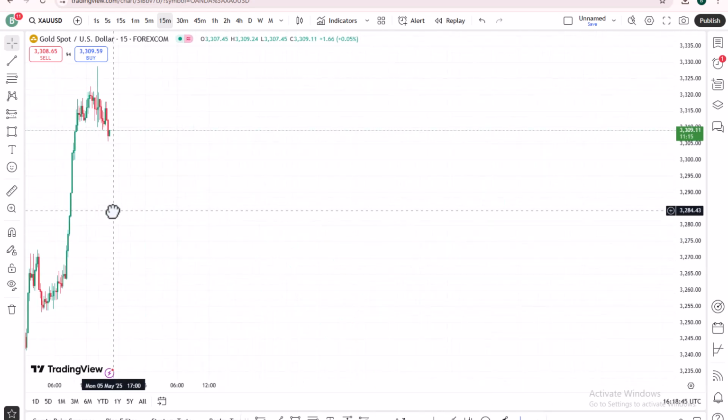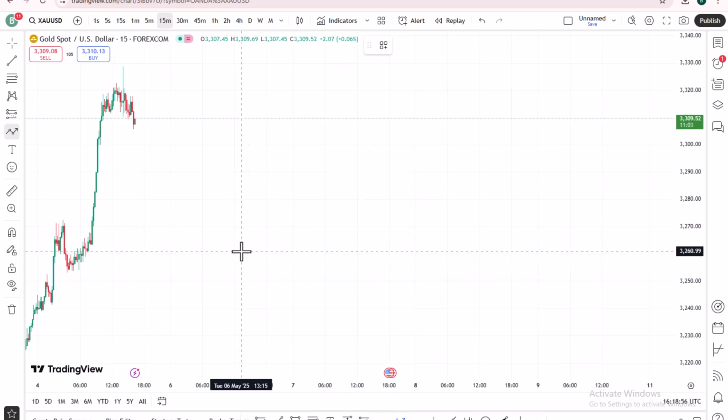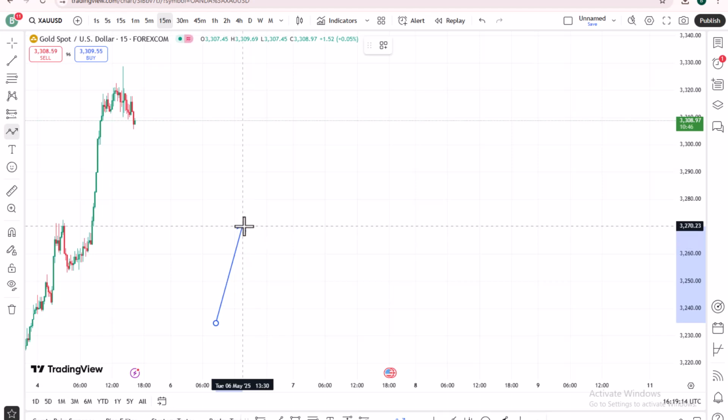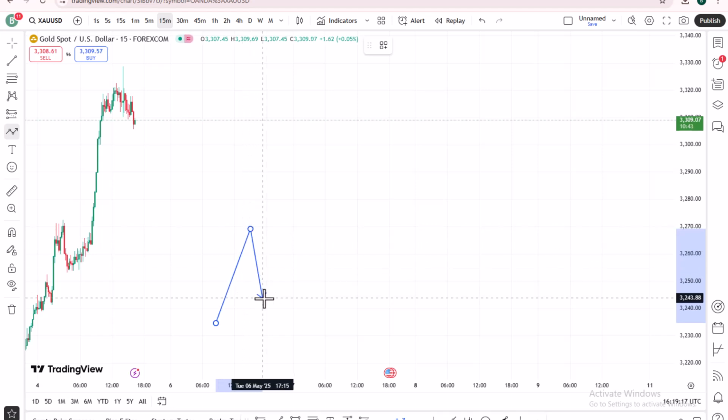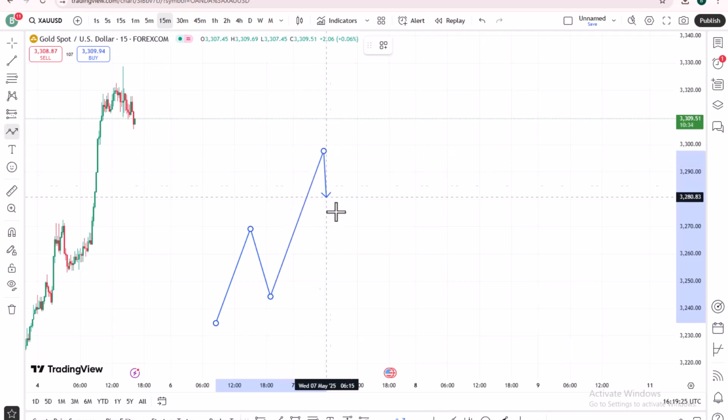So when I'm on the 15-minute time frame, let me illustrate it with this. When I discover my bias or I get what I want to trade for, maybe for the day, I just switch to the 15-minute time frame. On the 15-minute time frame, I just look at market structure. So when I see market go up like this, comes down, at this point I'm not going to trade. I'll wait for market to go up again, come down.